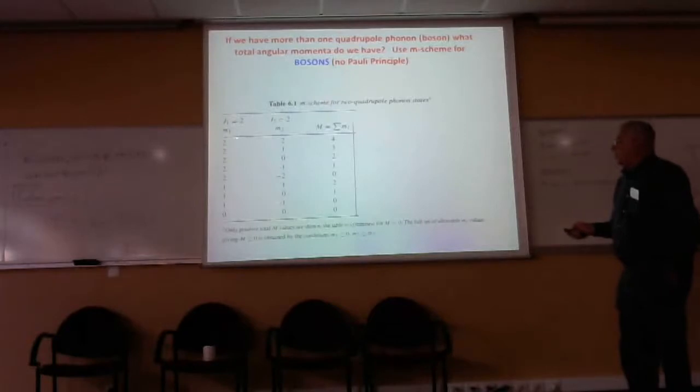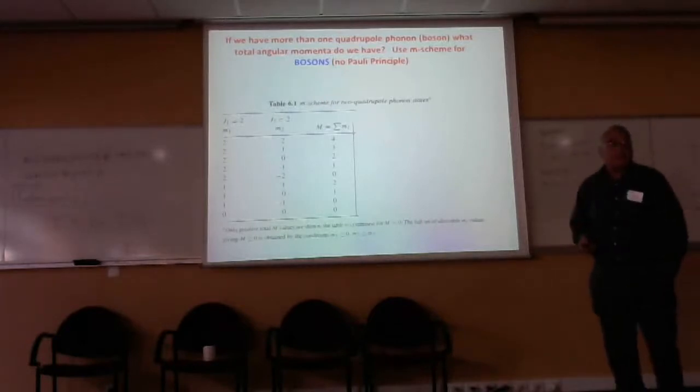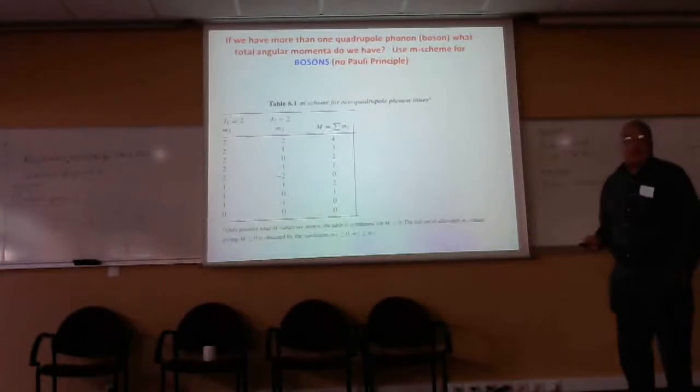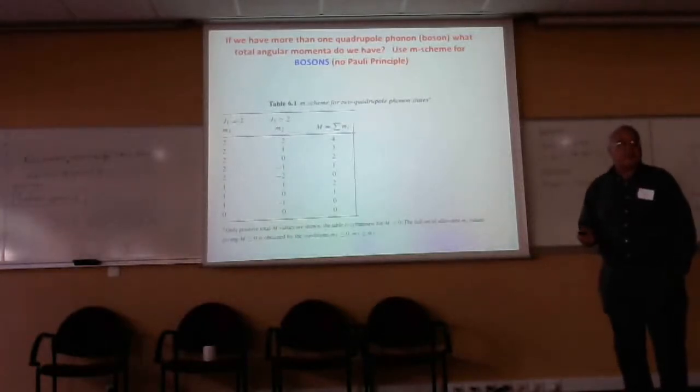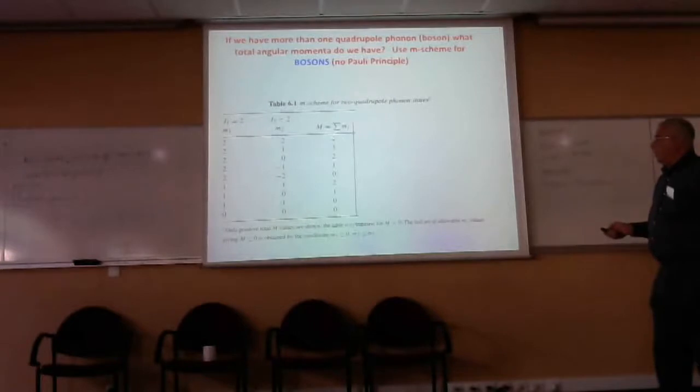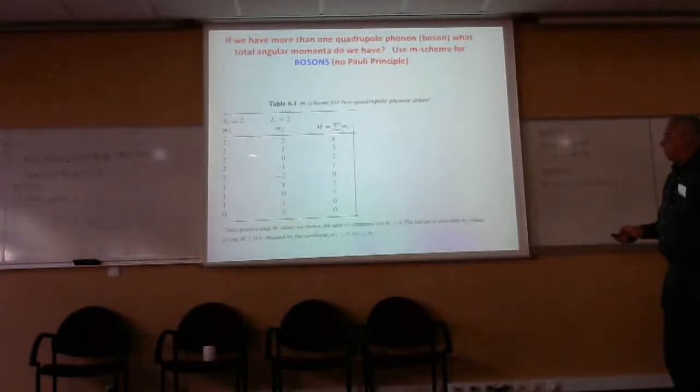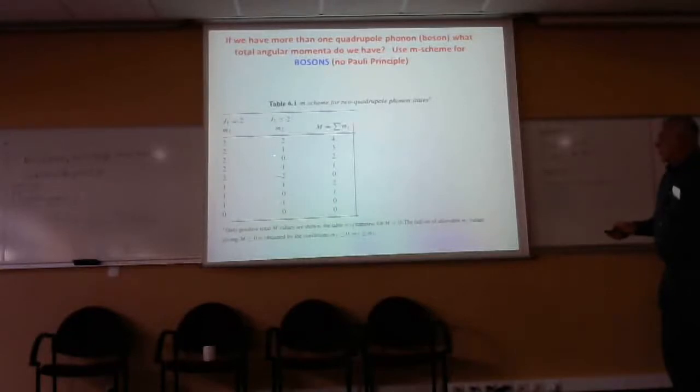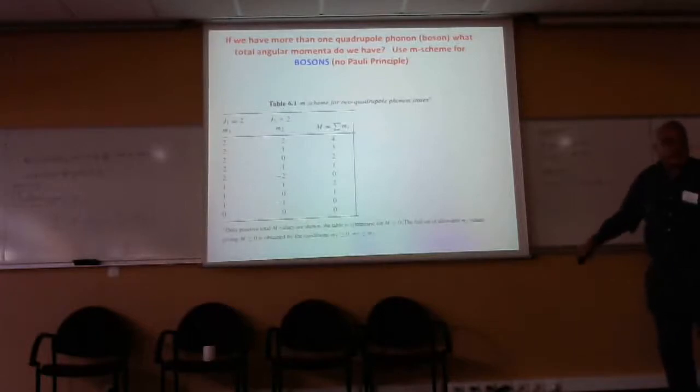Let's say that the first one can occupy magnetic substate 2. Okay? The second one can also occupy magnetic substate 2. They're bosons, not fermions. That gives you a total magnetic quantum number of 4. You can also have 2 and 1, which gives you 3, 2 and 0, which gives you 2, 2 and minus 1 gives you 1, 2 and minus 2 gives you 0. Then you drop to 1. 1 and 1 gives 2. 1 and 2 you can't do because you've got it there already. 1 and 0, 1 and minus 1, 0 and 0, and symmetric for the negative values, which I just don't bother to write. Okay? And now you look at this, and, well, you tell me,